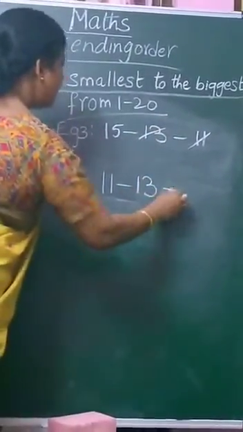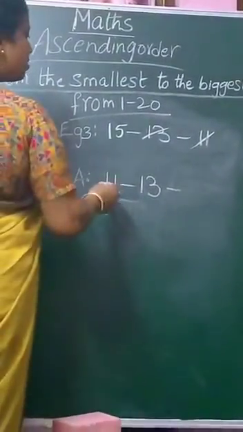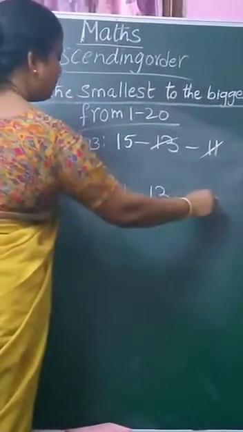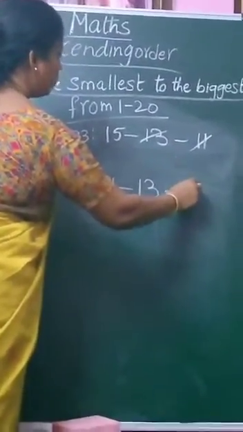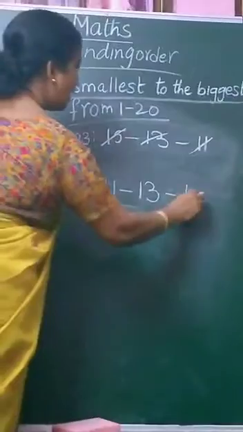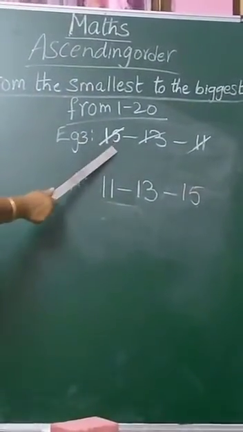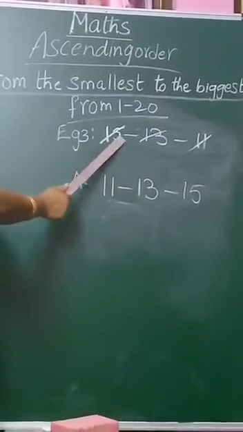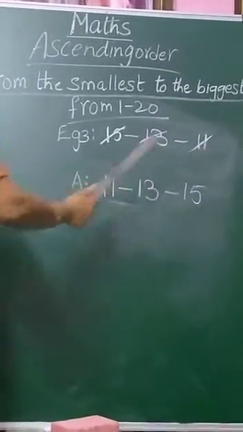Then after 14 is there. 14 is also not given. So, shall I write 15 here? It is the biggest number, no? No. Before that, I have to cut it here and put it in the answer. Once again, I will explain you children. Look at the board. Here given three numbers, 15, 13, 11. These are all jumbling numbers.